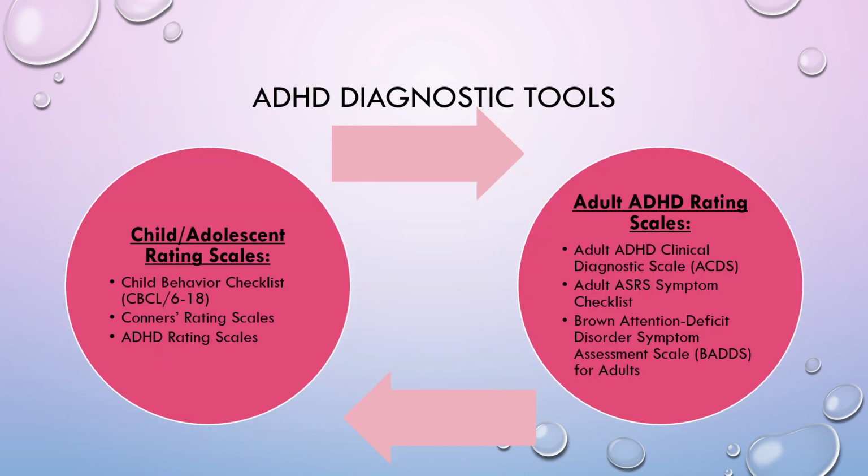For children and adolescents, we use the Child Behavior Checklist and Conners' rating scales. You can get most of these free on Google if you want to see them. The one I use most often is the Vanderbilt ADHD Rating Scale, and that seems to be the most quick and easy. There is one for both teacher and parent, two pages, simple. It actually helps rule out whether this is behavioral, anxiety-based, inattentive, or hyperactive. That is one I use most commonly.